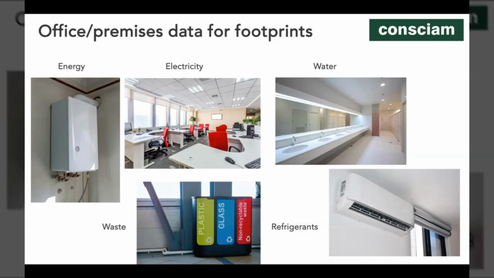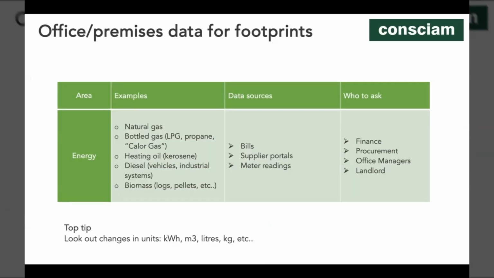So it could be traditional office-related waste, so mixed recycling, general waste, which is often called rubbish, or it might be something specific. And then we're also going to look at refrigerant gases. So if your offices or factories have air conditioning systems, then there's a good chance they'll have what are called F gases in them. And if they leak, they can have quite a significant global warming potential. So we need to measure those gases, but that's not as complex as it sounds. So we're just going to look through some of the data and give you some pointers as to where you can get this from.